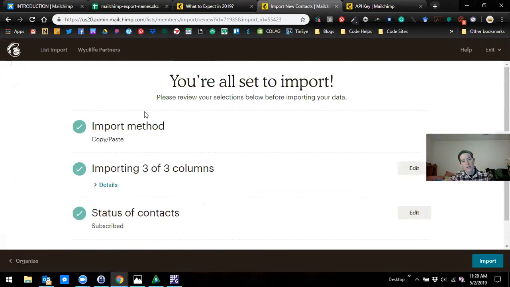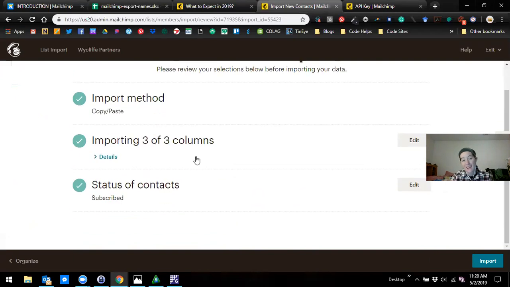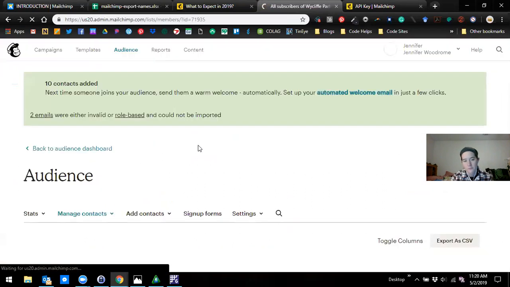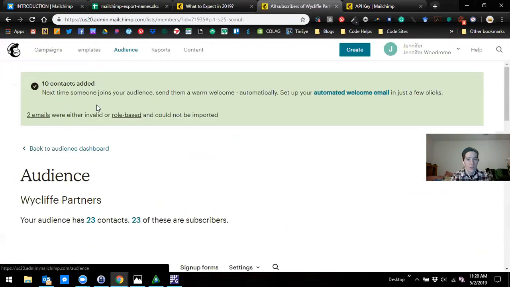Okay, so it's just telling me what import method I'm using, how many columns I'm importing, and then the status of the contacts I'm importing. So just click Import. Okay. It's telling me that there's 10 contacts that were added, and 2 of those emails were either invalid or